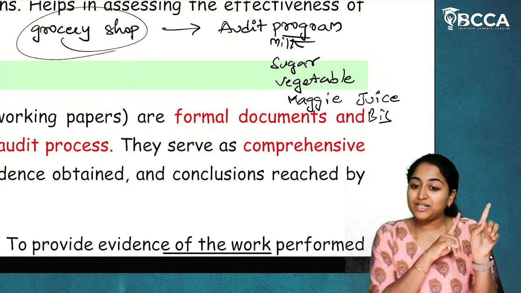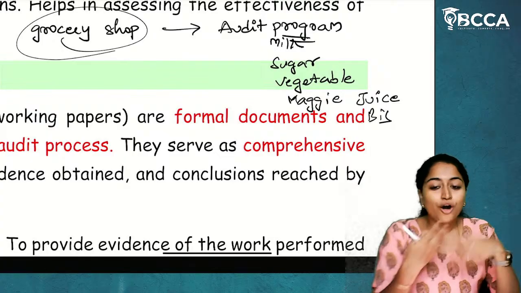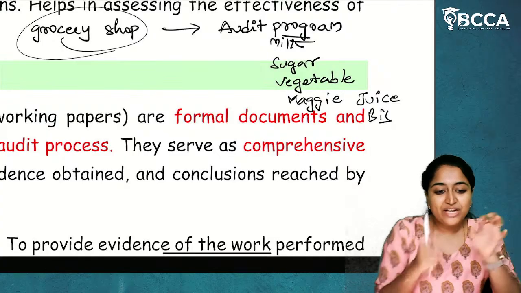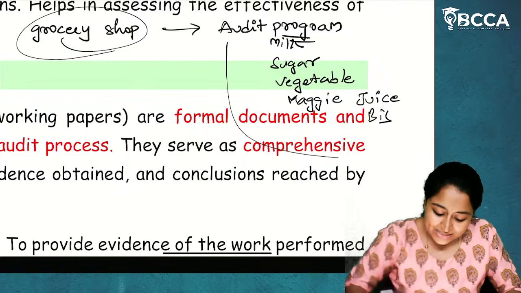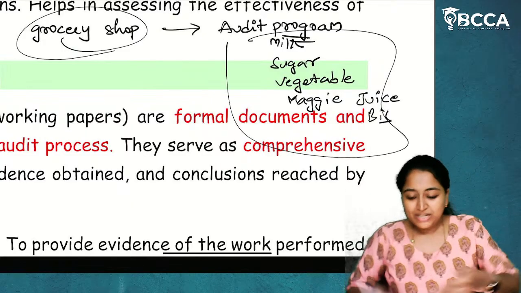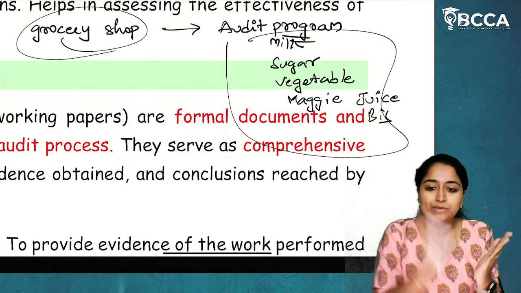In the first unit, section A, cost audit, we have seen audit program. Yes or no? Audit program is given as a checklist. For each and every element of cost, we have written a checklist. So this is written in a checklist format, either in a note or in your phone notebook. You'll write everything so that you'll remember everything.